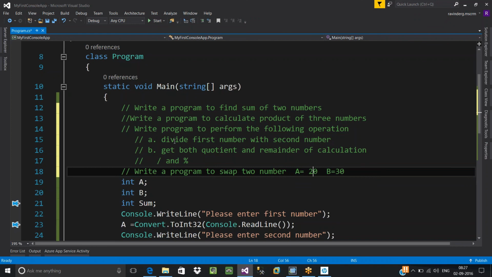Just think of it. Just remember that whenever you want to build any logic, first you need to think of how you would do it manually. If I ask you to do the same, how do you do it manually? First think about the manual process. Even in real time, if you need to write some logic, first think about the manual process. Just write the steps, put all steps on your paper, then convert them into your logic.